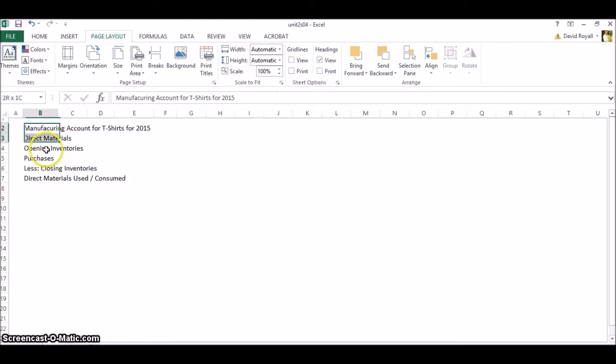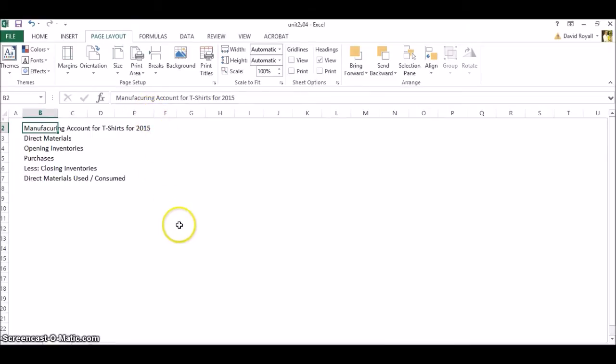Now, if you look at the screen here, I've already put some text in, and it might be a good idea to sort out our spelling. So we can see the manufacturing is wrong. This is just text simply typed in, as confirmed by the text in the formula bar. Now we could just click on that and alter the text by typing in the correct spelling,